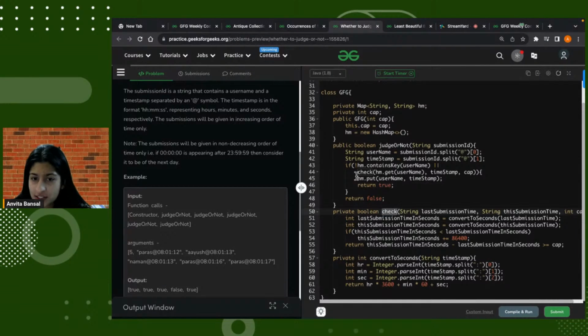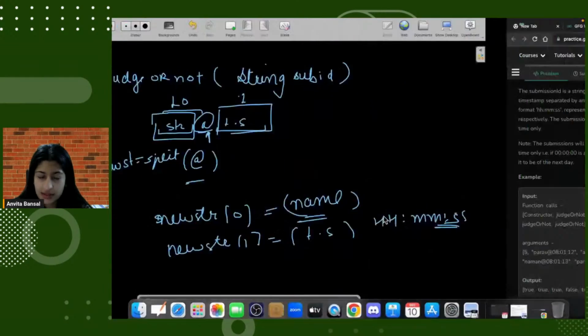Now, if you look at this check function, what are my conditions? The first condition is if your map does not contain that username. And the second condition is OR-ed with this one. What is this condition checking? If the map already contains that particular username, then I pass the timestamp that username holds. For example, Paras, take this example,